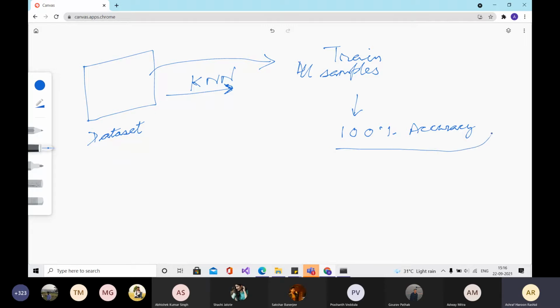So let's say you get 100% accuracy, and then you will tell me that okay, we have a KNN model that we fit on our data that is receiving 100% accuracy. So is this a correct approach?